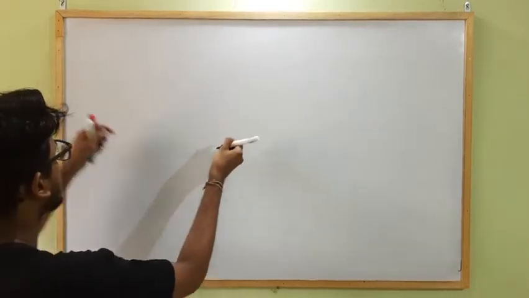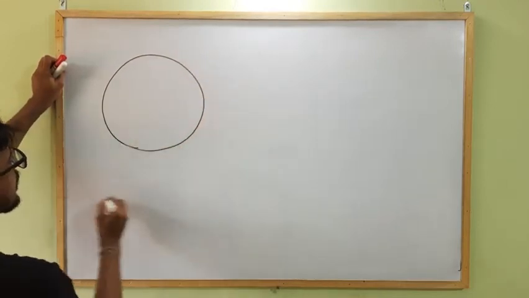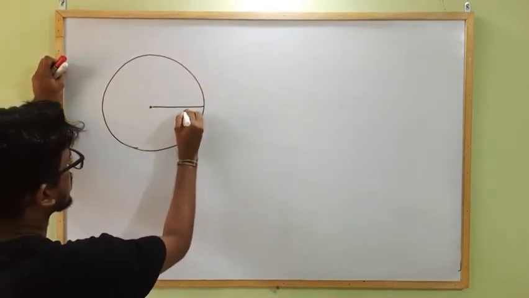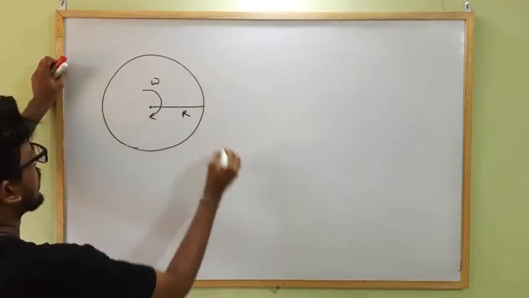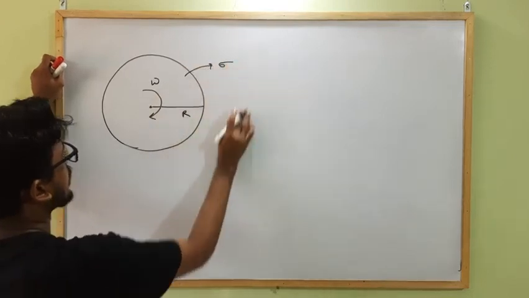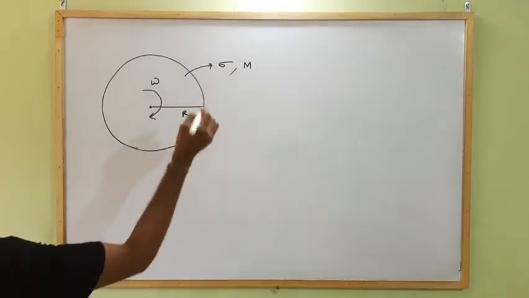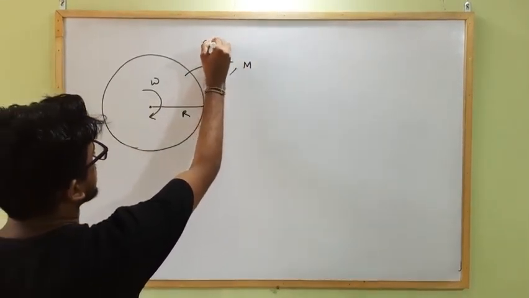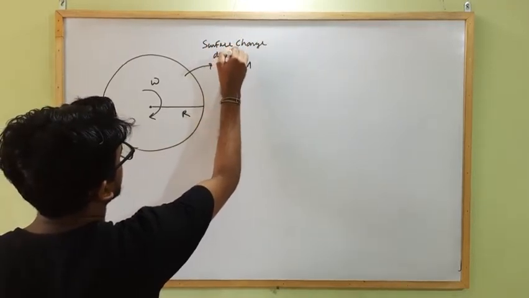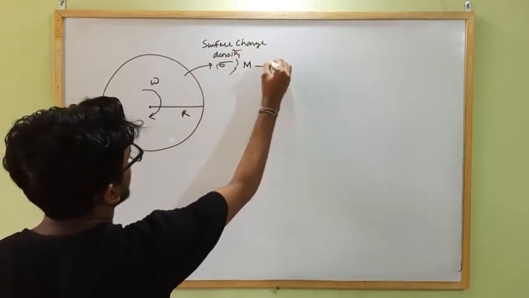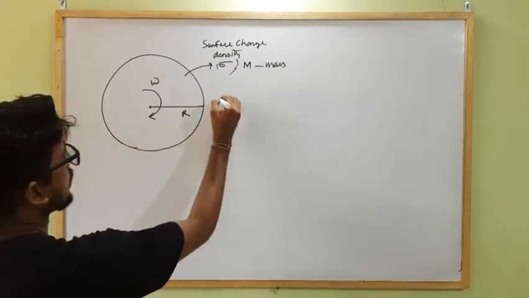So if there is a disc of radius r which is rotating in this direction with omega, and the surface charge density is sigma and mass is m. Okay, this is a disc which is having surface charge density sigma, mass m, and rotating with omega, radius is r. Find